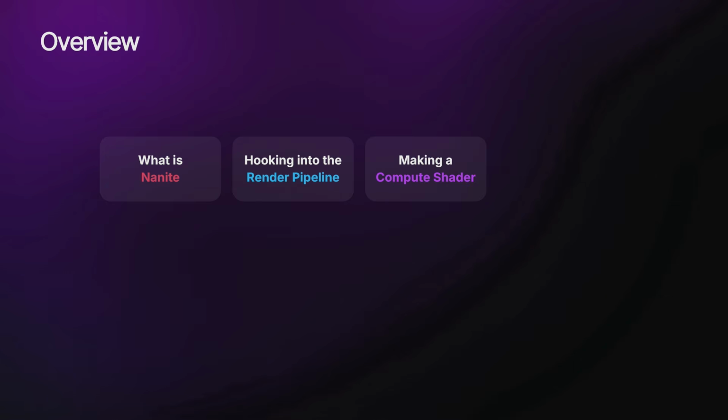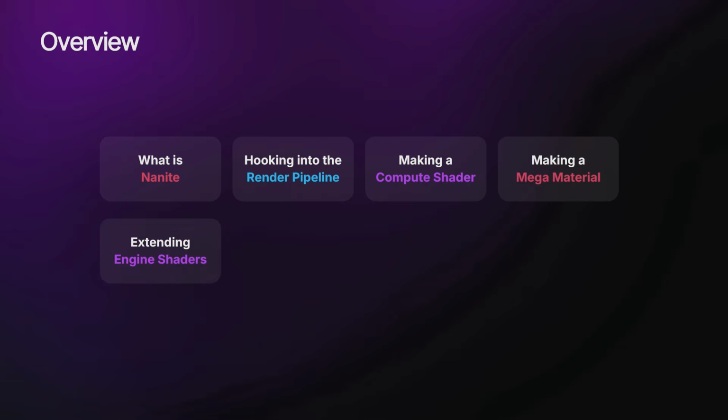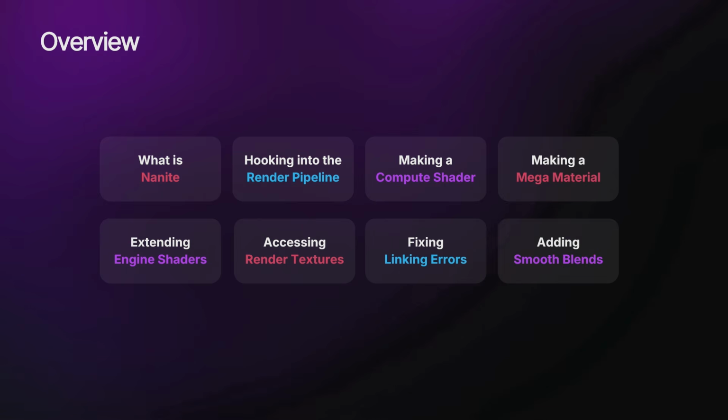It's going to be a bit of a long process. So first I'm going to cover quickly what Nanite is, then how we can hook into the rendering pipeline, how we can make a custom compute shader in Unreal, how we can make what we call a mega material, how to extend engine shaders from a plugin, how to access render textures and render buffers from a plugin, how to fix any linking errors we might get, and finally, how to add those smooth blends I was just showing you. So first step,